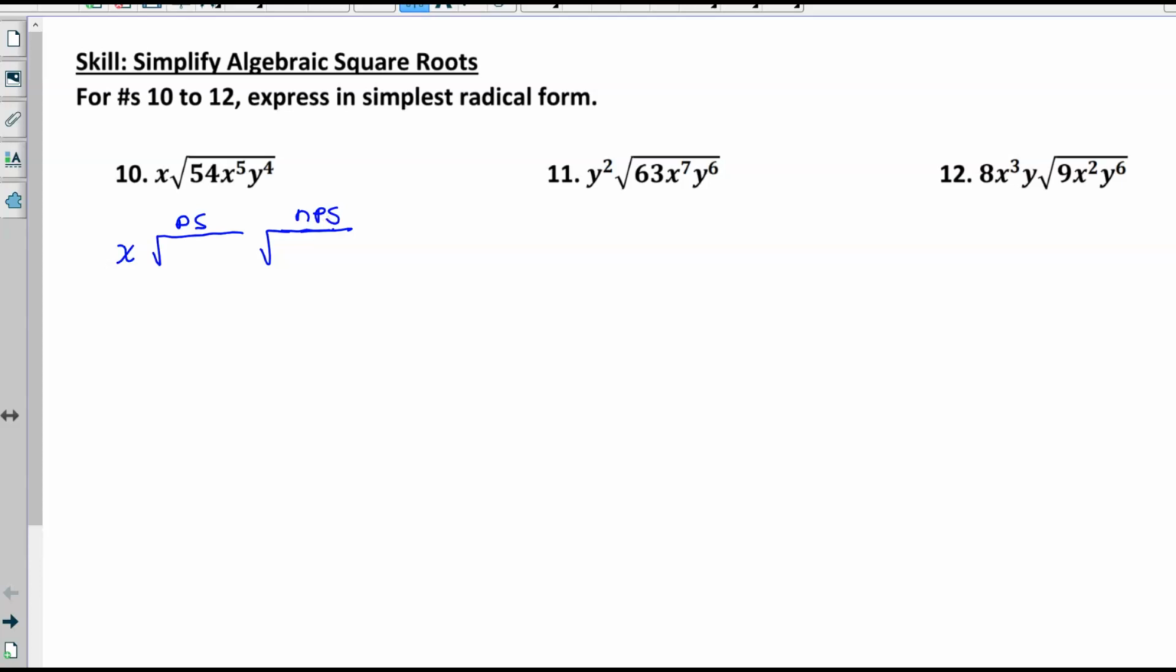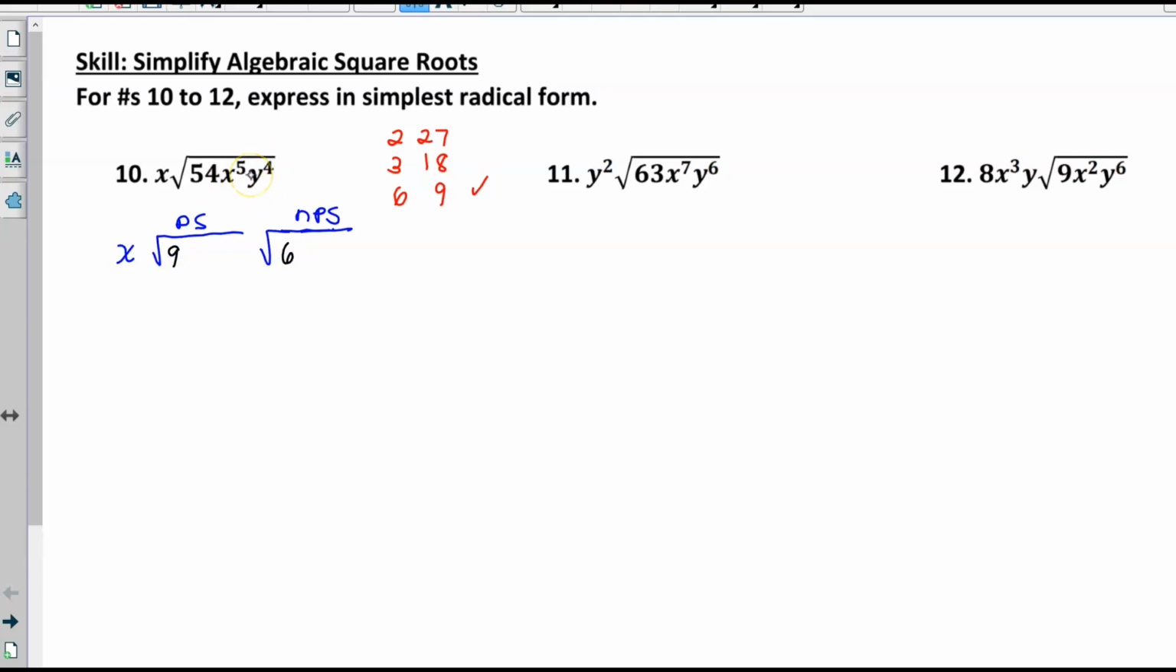So when I think of 54, I think of all the different factors. I could take 54 and divide by 2 and I get 2 and 27. I can divide by 3 and get 3 and 18. 4 doesn't go into it evenly, 5 doesn't go into 54 evenly, but I know 6 goes into 54 9 times, and 9 is the highest perfect square. So we're going to break 54 into 9 and 6, and now we're going to look at the variable x